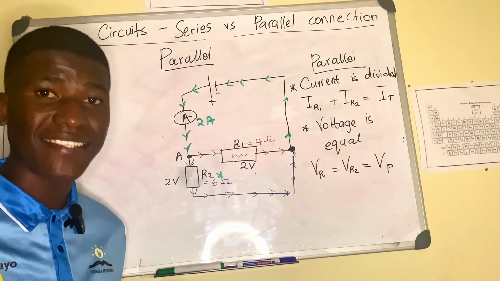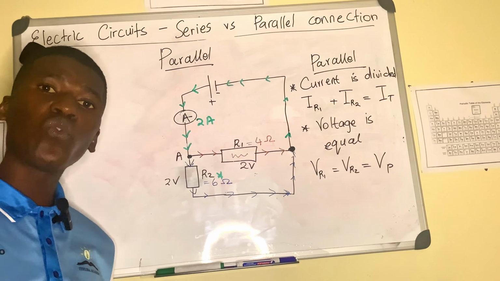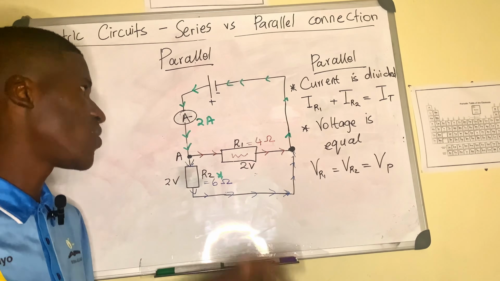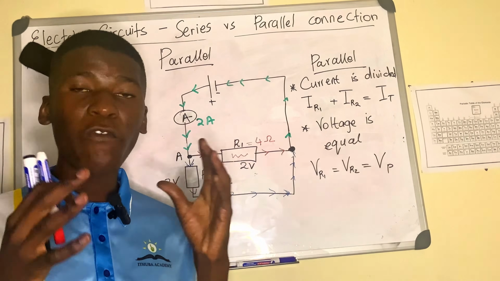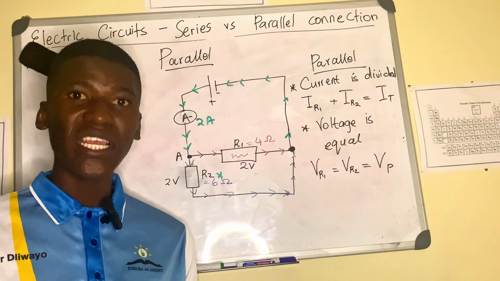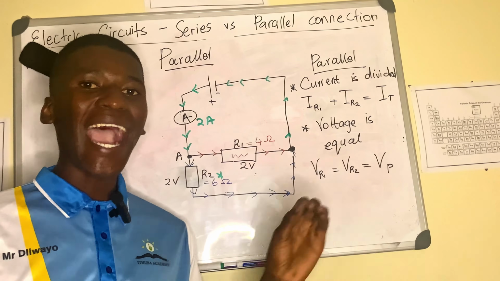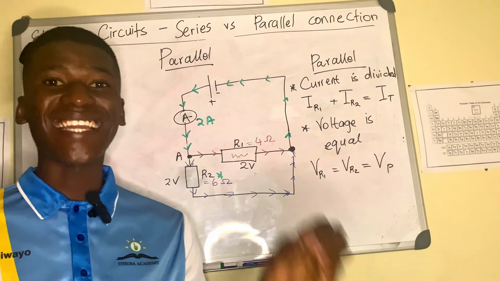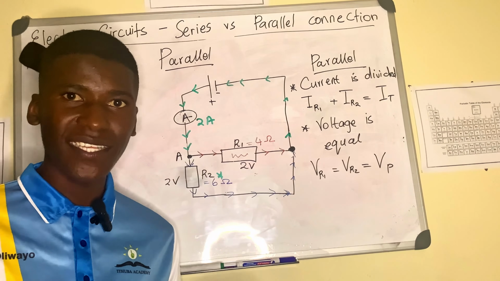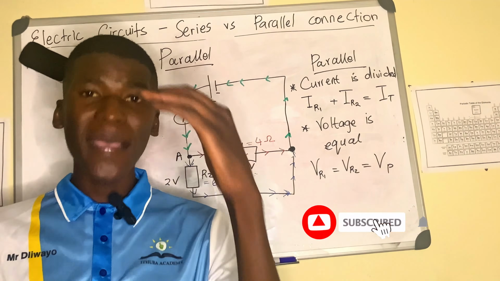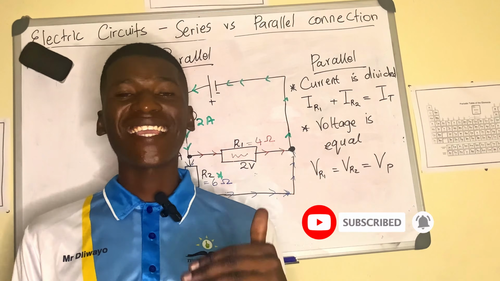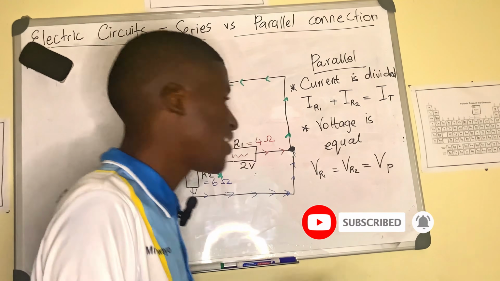So now we are not going to do it like the series circuit, where you would say 4 plus 6 is 10 ohms. That is not correct. That is allowed for series circuits, but for parallel circuits, how are you going to find the effective resistance? The question can say total resistance, parallel resistance, or effective resistance. It's the same thing.